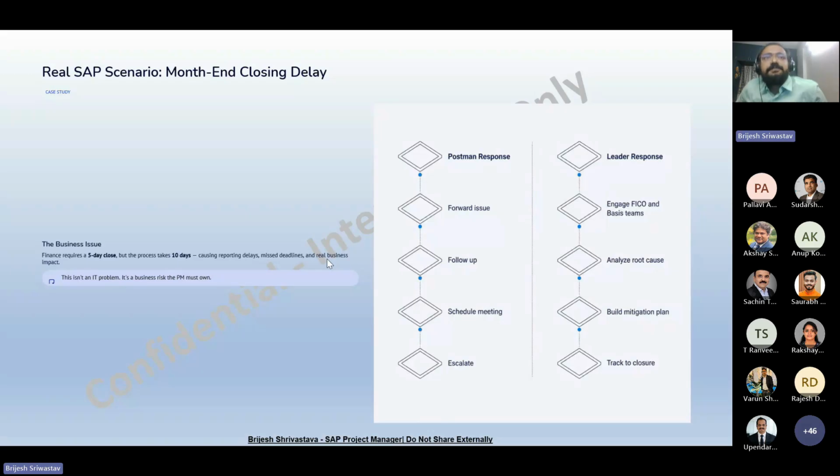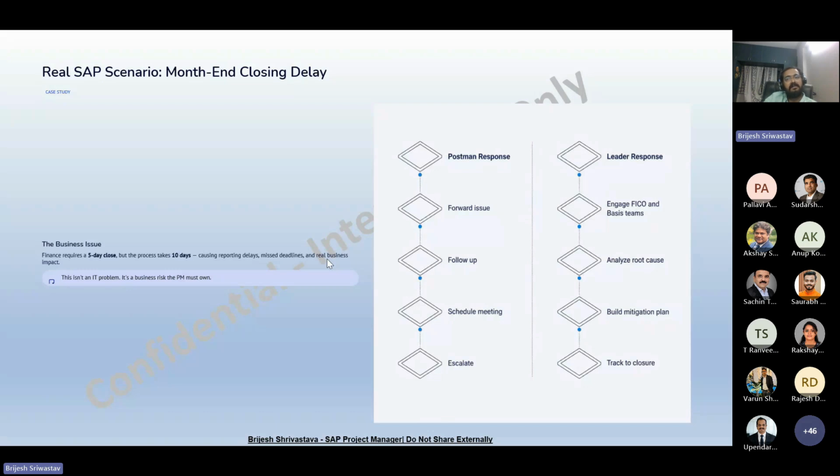So let's understand this with a real project scenario that happens in almost every SAP implementation. If you are an SAP project manager and the finance team tells you that their month end closing should finish in 5 days but is taking 10 days, this is not just an IT issue anymore.